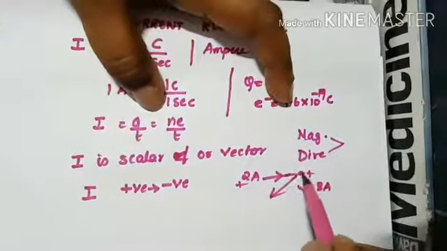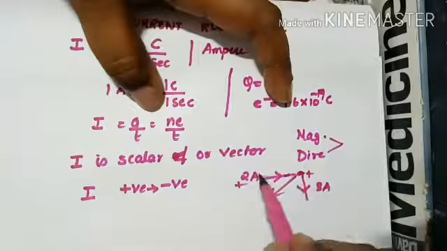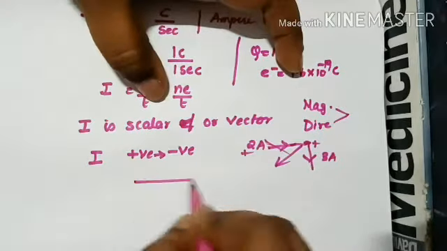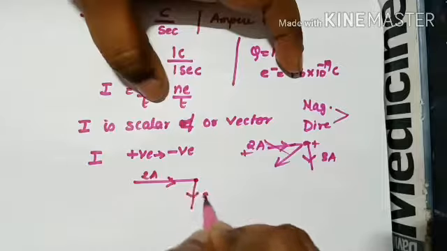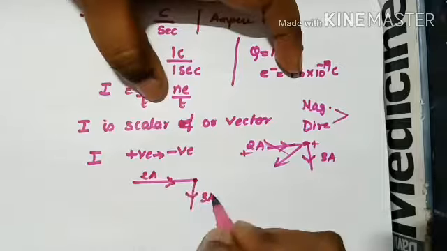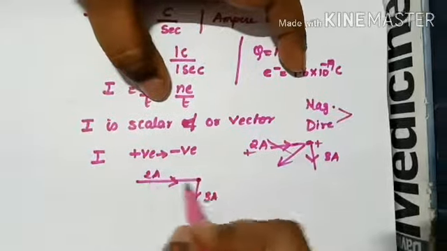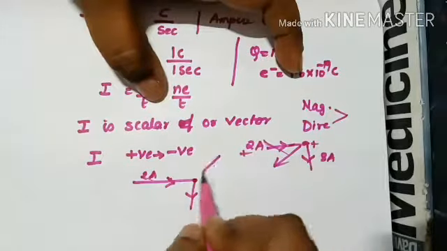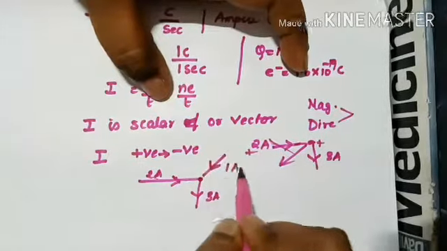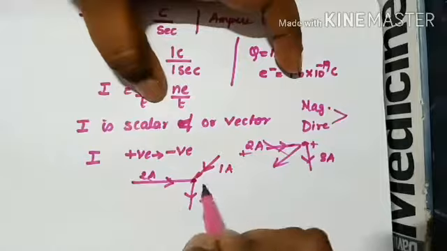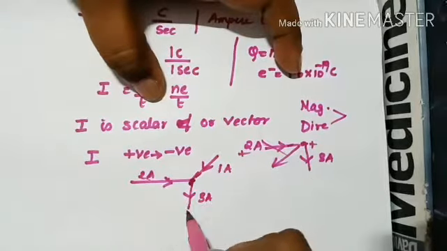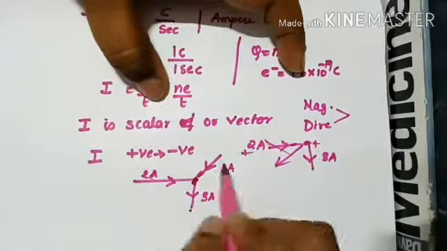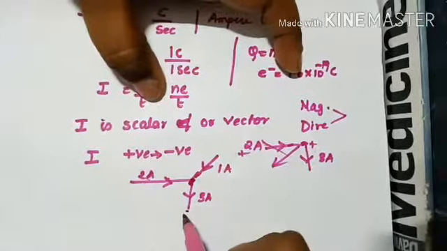But later on I will say nodal analysis, etc. Suppose in the same question, this is 2 ampere coming and this is 3 ampere going. This scenario can never happen, because if this node is indicating there is nothing else, that means there should be 1 ampere current also, then only the 3 ampere exists. See, 2 ampere coming in, 1 ampere coming in, 3 ampere coming out. Every current which is coming should leave.